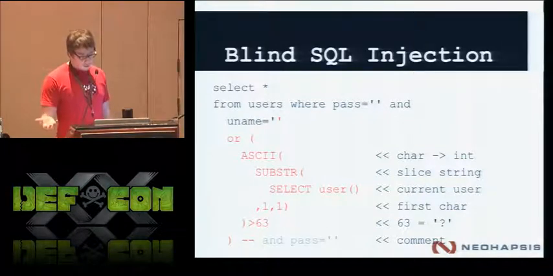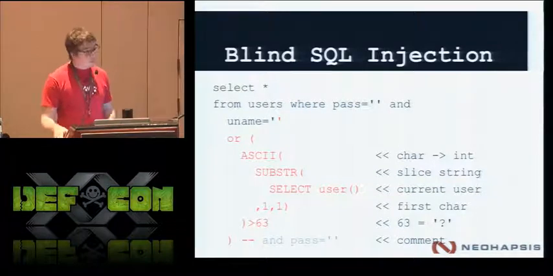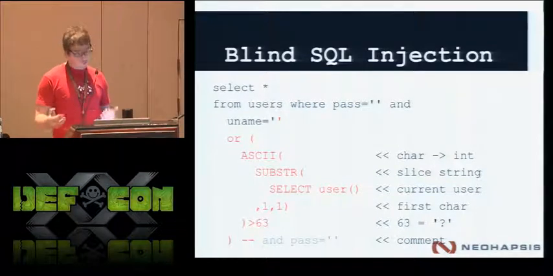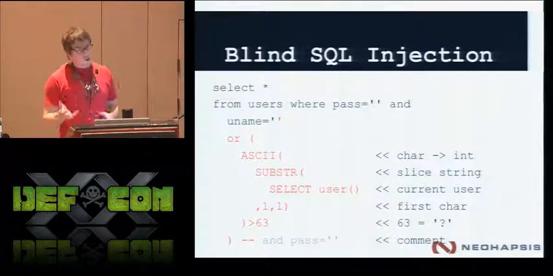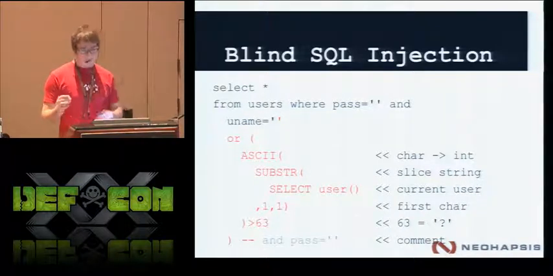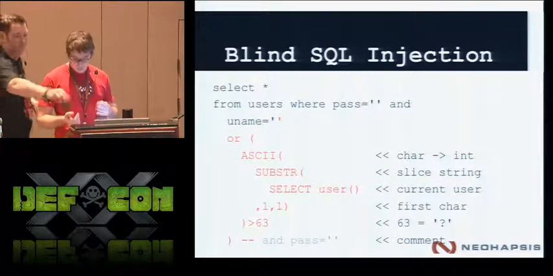If that happens to be true, we're going to have some different interaction with maybe the response of the web server. So let's say that we're doing a Boolean-based blind SQL injection, and based on the status code of the server, we might get a 404 if we do something that evaluates to true, or we get a 200 if we do something that evaluates to false, right? So that's the thing with blind SQL injection. We're keeping track of different objects of the HTTP request, things like the amount of time it takes for,